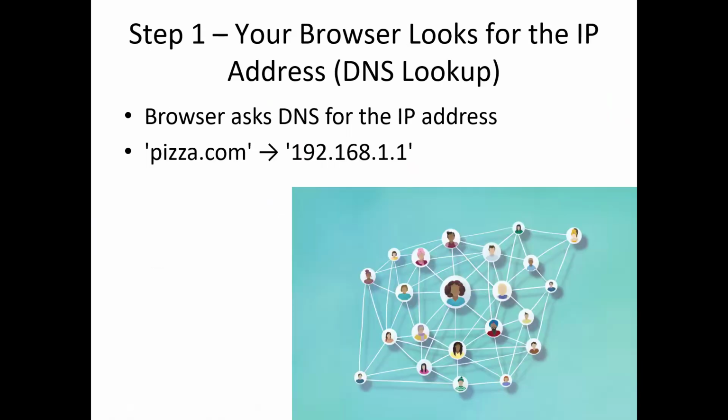Let's look at step 1. Your browser looks for the IP address, which is DNS lookup. Every website lives on a server, which is just a fancy computer, but your browser can't find pizza.com on its own. It needs a specific address called an IP address. So it sends a request to a DNS server, and DNS stands for Domain Name System, which is like the internet's phone book. It looks up pizza.com and returns something like